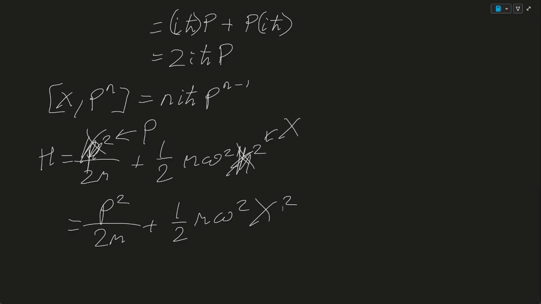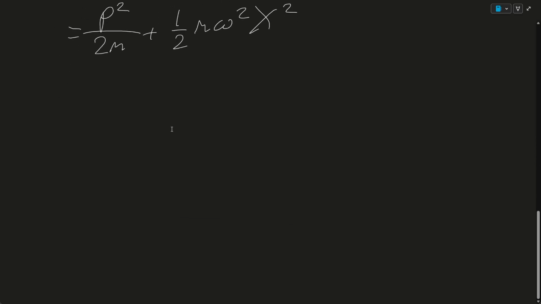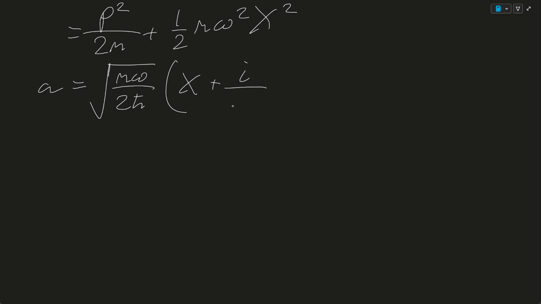P squared over 2m plus half m omega squared X squared. This is a slightly gross second order differential equation. What we can do instead is use something called ladder operators. So we'll have two dimensionless non-Hermitian operators, and these will be our ladder operators. We'll call them A, which is defined as root m omega over 2h bar, times this whole thing, x plus i over m omega p. We have a linear combination of our position and linear momentum,